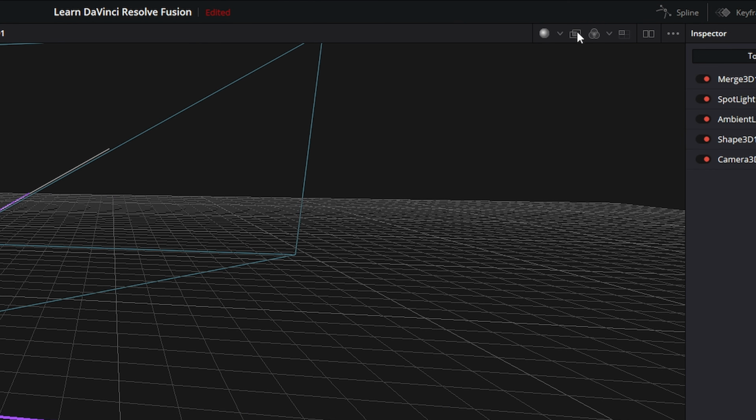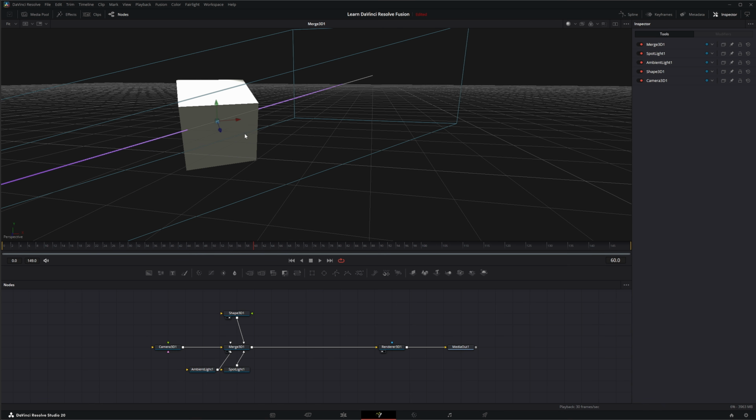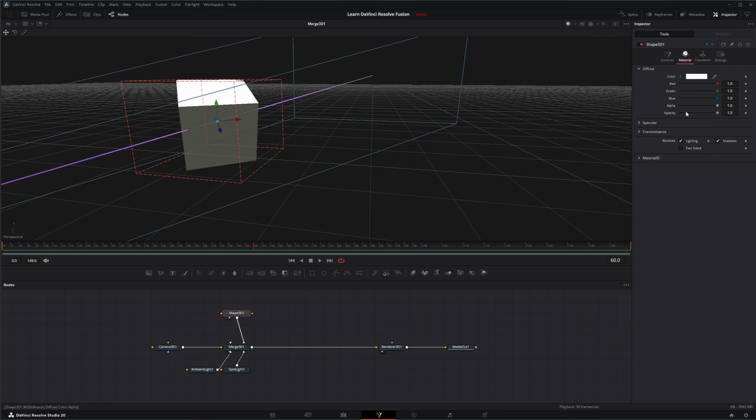Right here, this is just a transparency button, and it honestly doesn't operate like it used to, because if I go to our little shape here and go to our material and I drop our transparency down, that's off and you can see it anyway. A long time ago, you used to not be able to see this transparency unless you selected that. But now if you select it,